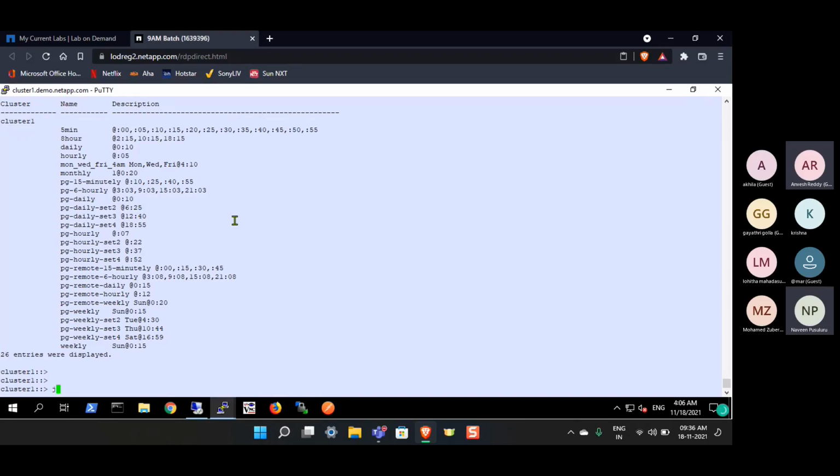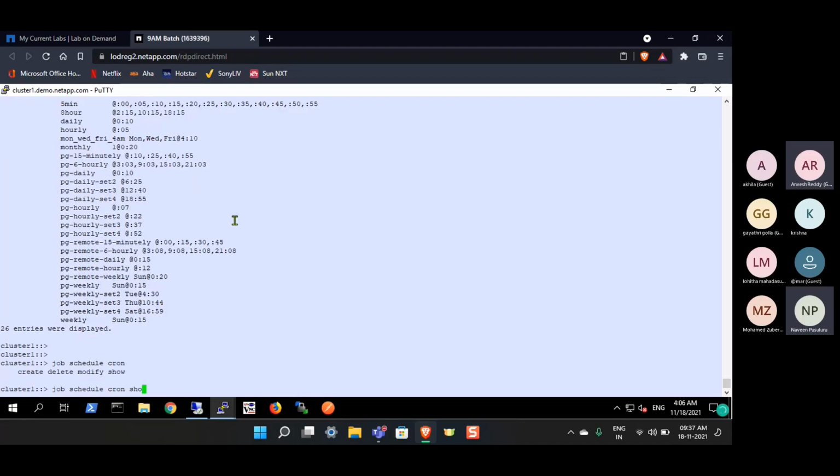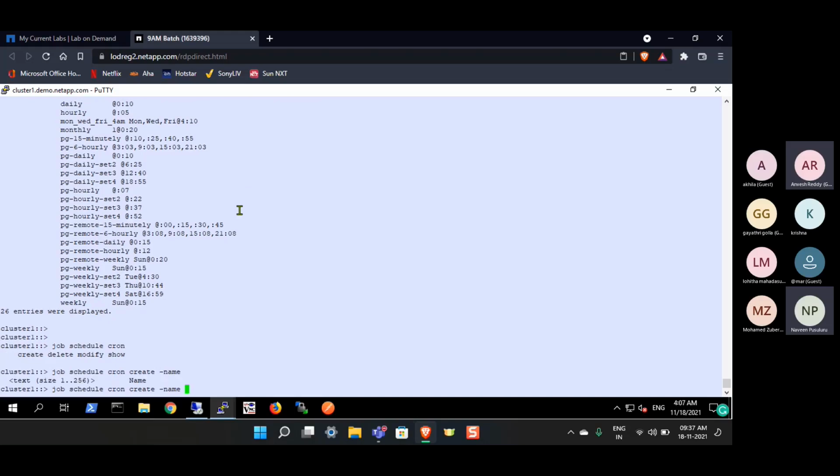So job, schedule, cron, create. For example, let's make it more complicated. I don't want it every month. I need it only in specific months. Like I want it in January, I don't want it in February, I want it again in March, I don't want it in April, like that. So schedule name, alternate month,